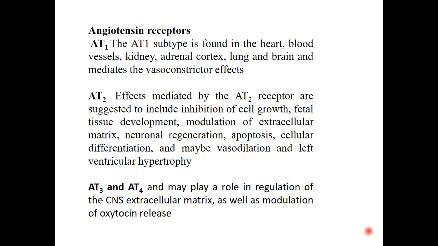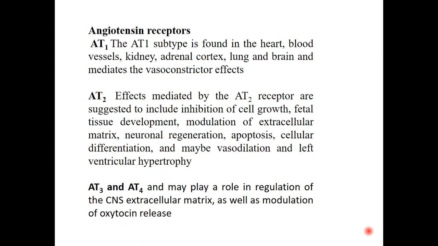Angiotensin receptors. There are many types of angiotensin receptors. Angiotensin receptor 1. This subtype is found in the heart, blood vessels, kidney, adrenal cortex, lung, and brain, and mediates the vasoconstrictor effect, while angiotensin 2